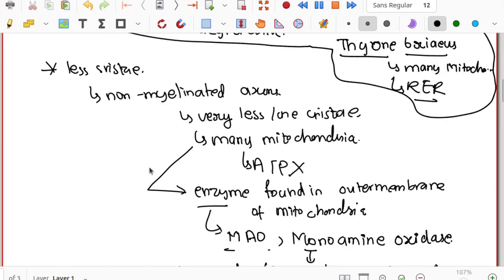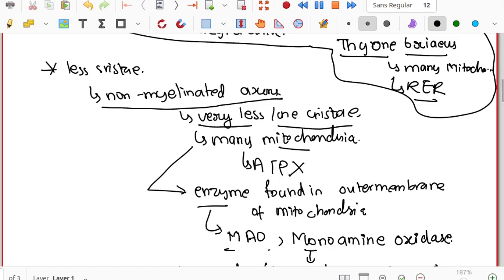Now let's talk about cells needing fewer cristae. So not all cells need a lot of energy. They may need very little energy just to thrive, just to live, and those types of cells will have mitochondria with fewer cristae. One particular striking example is non-myelinated axons. In most cases, only one crista is present in non-myelinated axons,